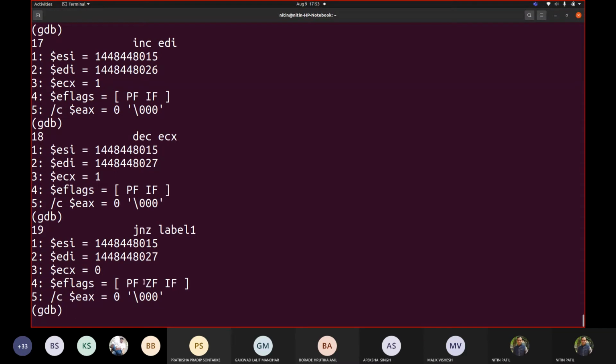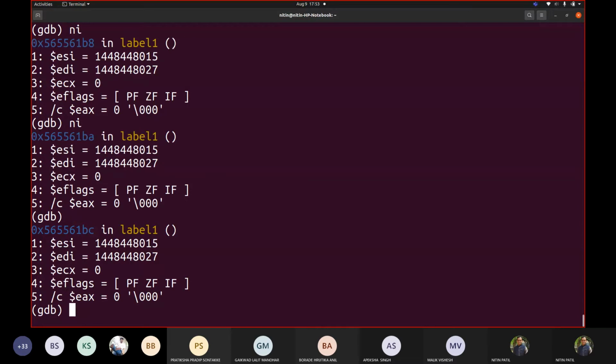Now you can see that there is ZF. So from 19 it was going to 14. Now it should go to the next value. So 20. So if there is no code, then you will see that it is not working with it. ECX became 0. So it is not going to that label 1. Correct? It is not showing any instruction. That means it finished execution.